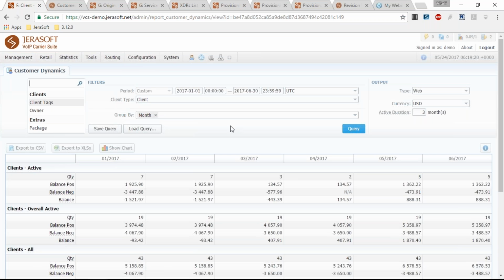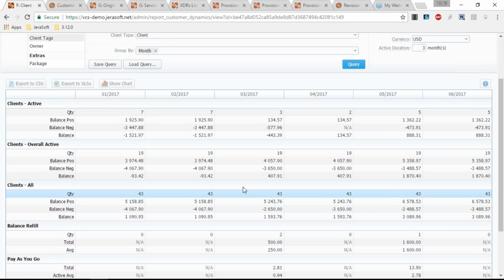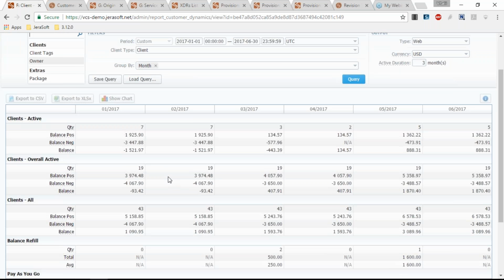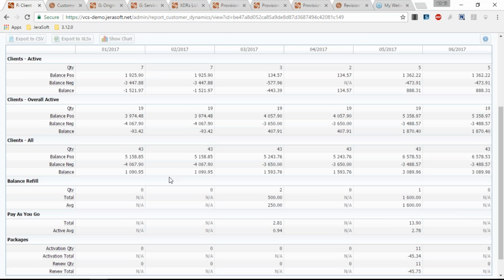We have implemented a new type of statistics report that allows your company to watch clients' dynamics. As usual, the customer dynamics report is represented in the form of a table. However, you can create a chart to effectively interpret key information and facilitate the decision-making process. So just generate the chart and view all needed information the way you want, based on the standard reports